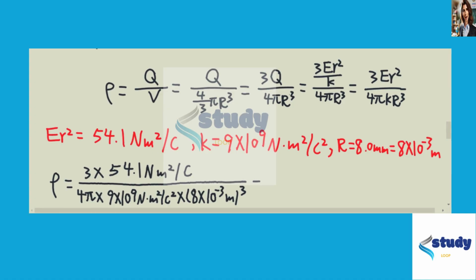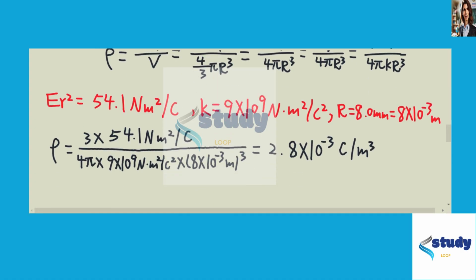And this will give us the charge per unit volume for B is about 2.8 times 10 to the power of negative 3 coulomb per meter cubed. And these are